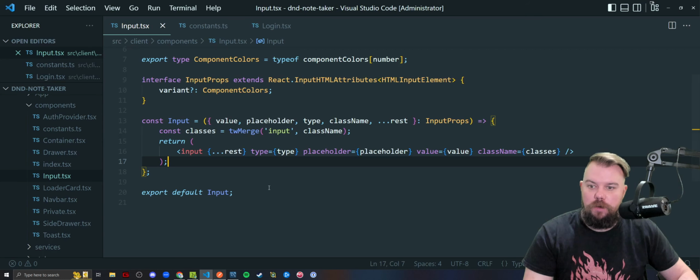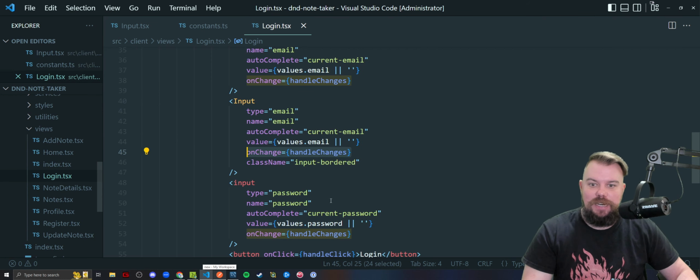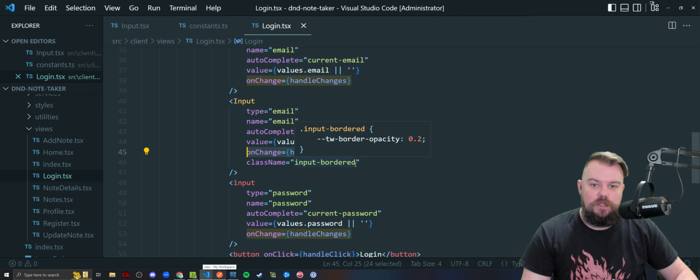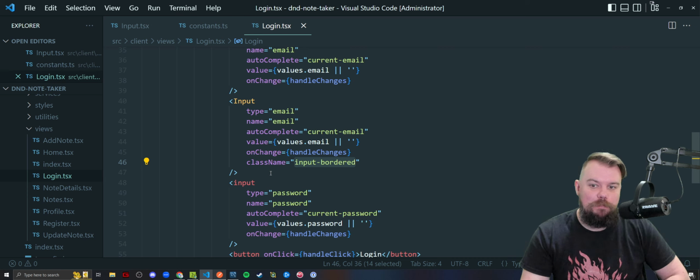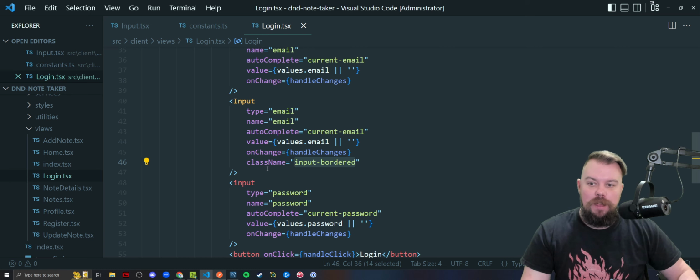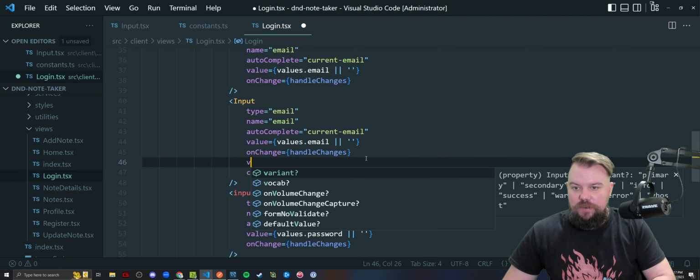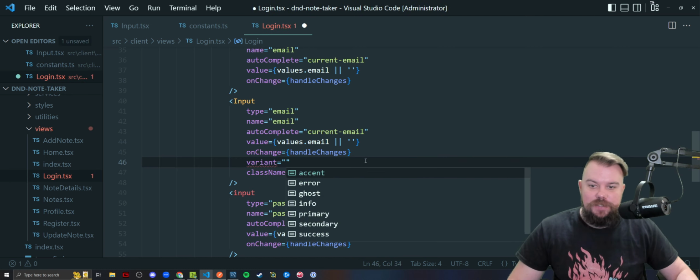It has an input border around it because I passed that class name into here. We can also, for some of these things, because we're working with Tailwind, ultimately we may not mind just big goofy class name lists being added to inputs here. But how about we learn something? Oh yeah, I had variant as a possibility, right? So inside of variant,